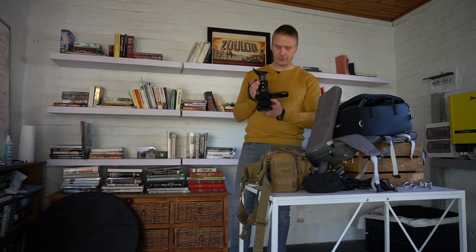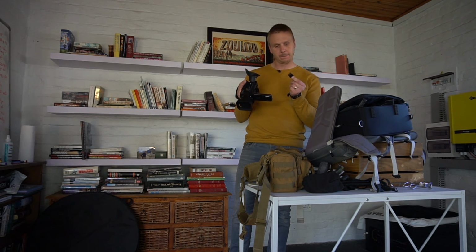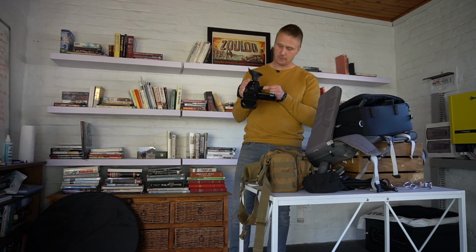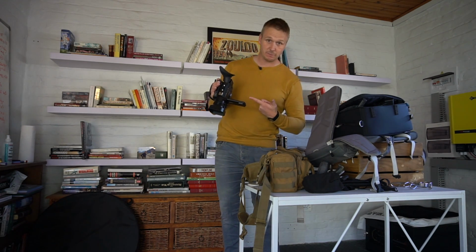So I don't think with this card I can get full HD, full 4K, but I haven't needed it. I haven't even bothered trying. This is a 1000 times Lexar, 150 megabit per second, 64 gig SD card. And I didn't even work on the highest settings available on that, because that only gives me 74 minutes of